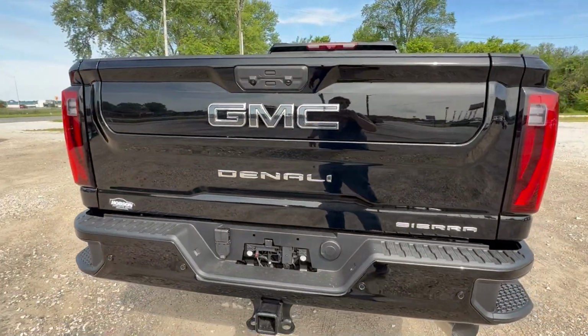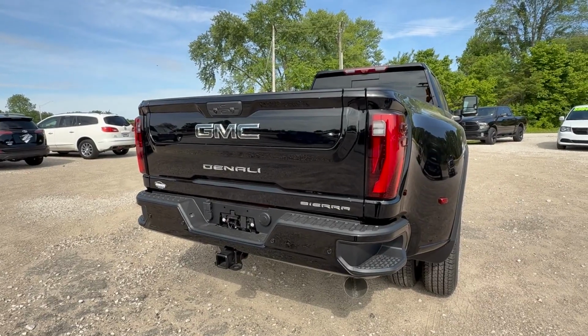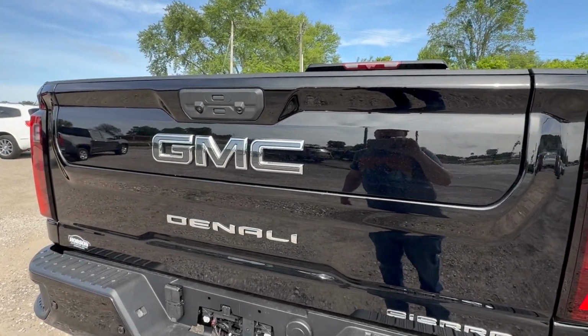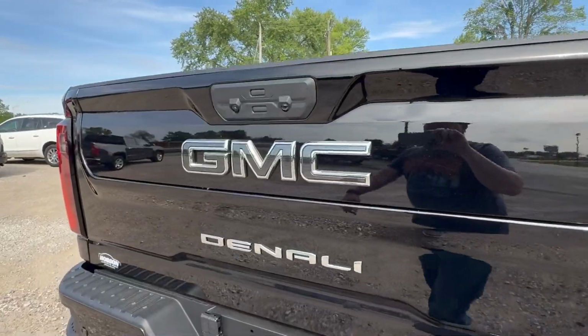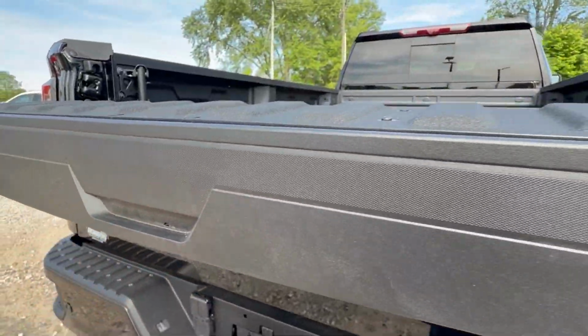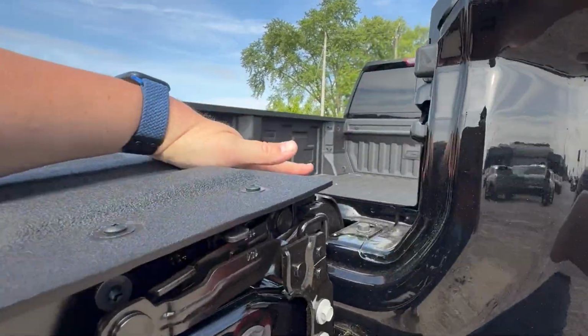Alrighty, now let's talk multi-pro tailgate. Now, this is nothing new now. It was still a pretty amazing setup, however. So, if you have long items and you don't want to open the tailgate completely, that's easy to do. All you have to do is press the top button here. Alright, so now you can allow longer items to lay into the bed and kind of come out a little